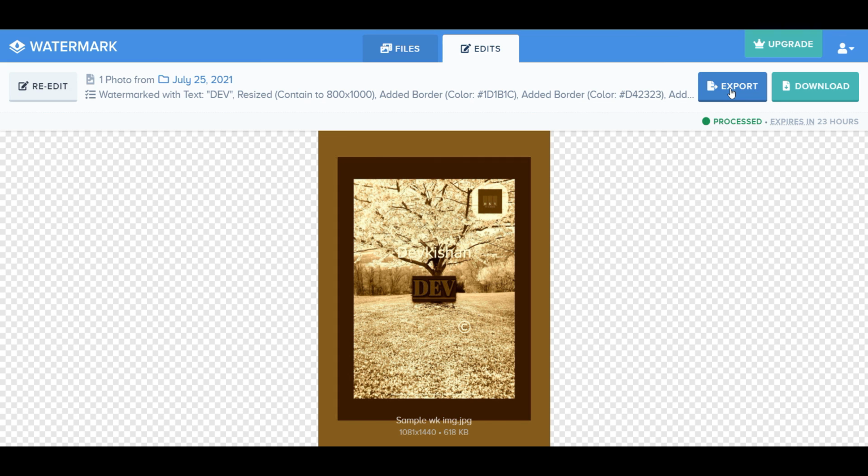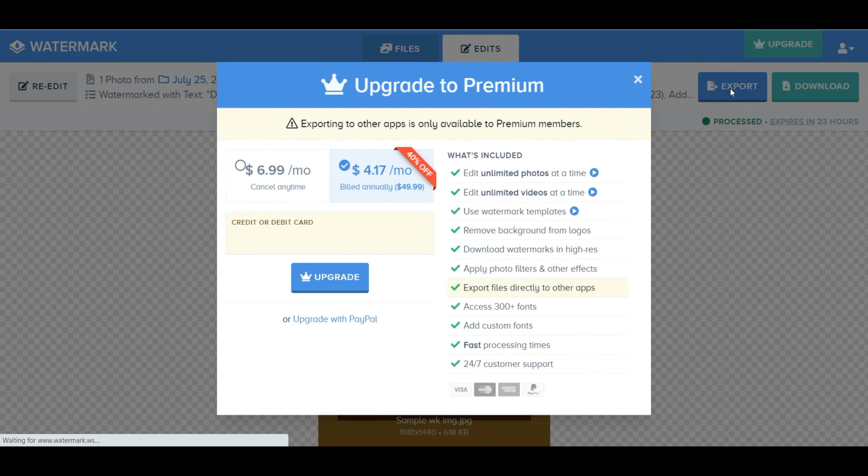Now if you want to export the same, we can click on export, but for exporting we need our premium plan. So I feel that this is the best website to put watermark, and I surely say that you can go with the premium plan. You will not regret, it is a boon. So you can pay and